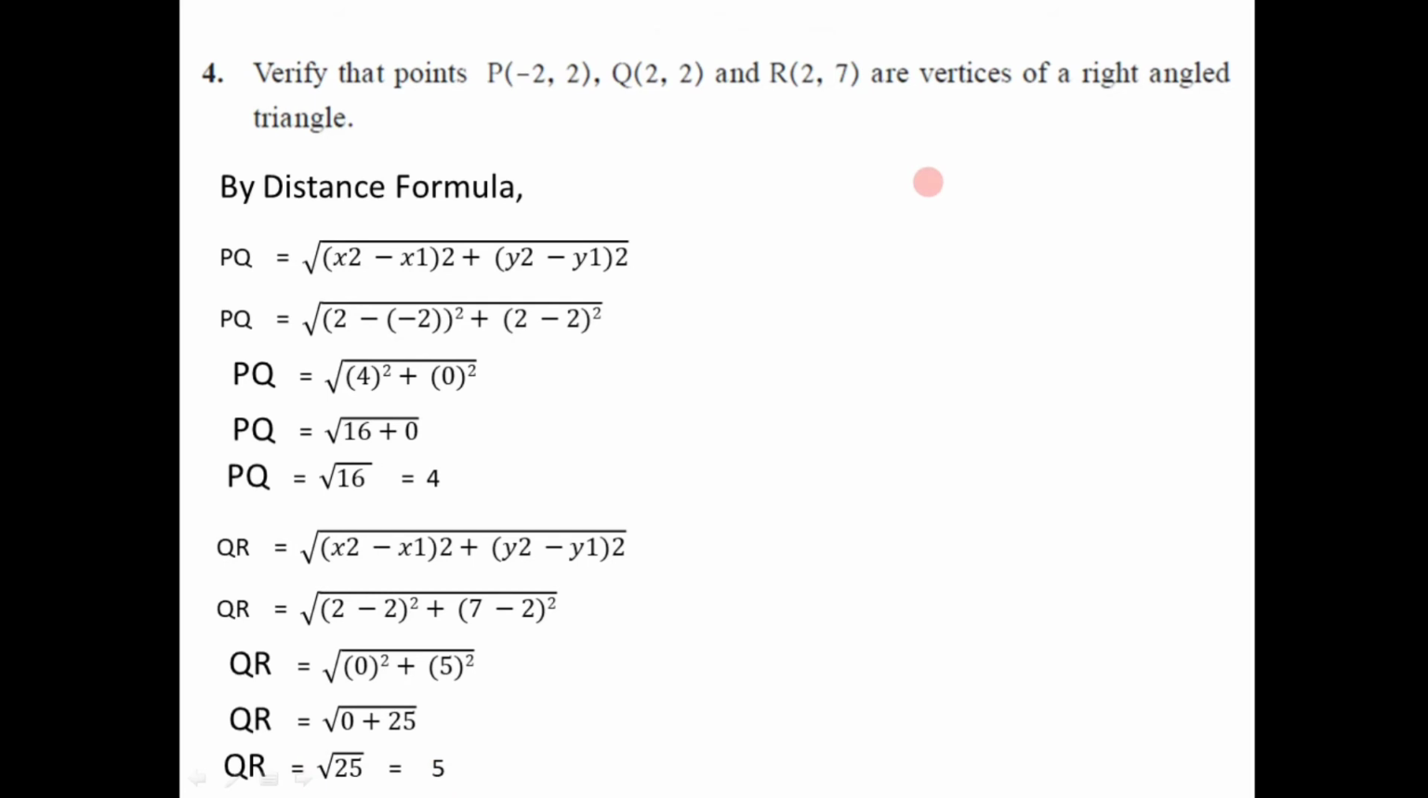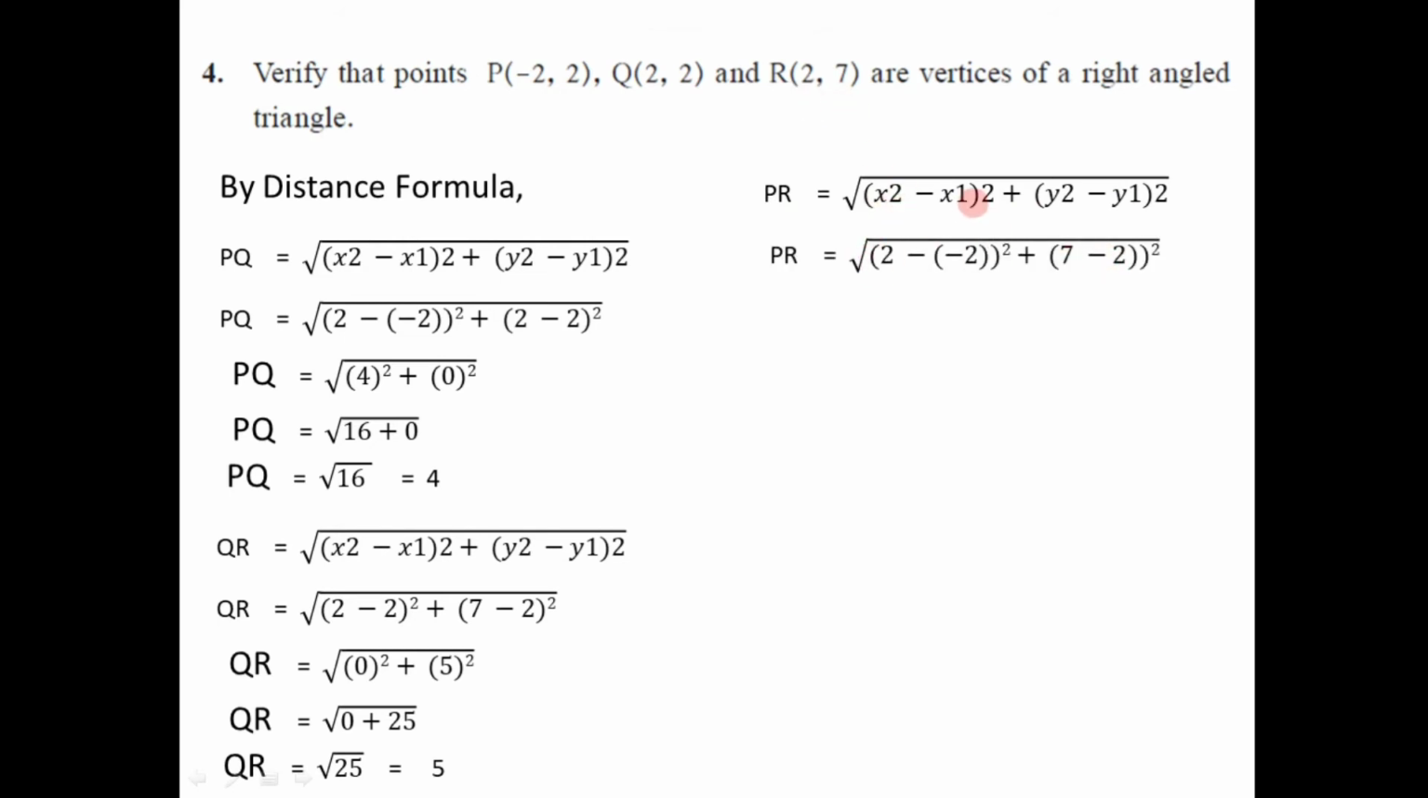In the same way, we can find the length of the last segment PR by using the distance formula. Now consider coordinates of point P as x1, y1 and coordinates of point R as x2, y2. So if we replace here, we'll get (x2 minus x1) bracket square, that is (2 minus minus 2) bracket square plus (y2 minus y1) bracket square, that is (7 minus 2) bracket square. So 2 minus minus will become plus 2. So 2 plus 2, that's 4 square plus (7 minus 2), 5 square, is equal to PR is equal to